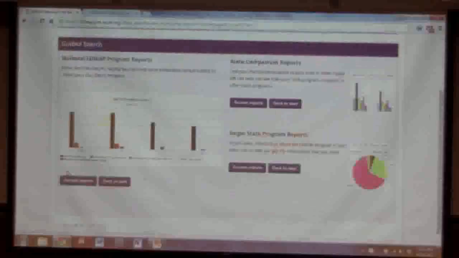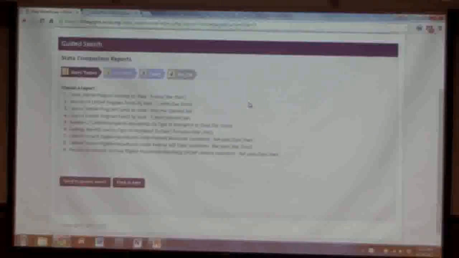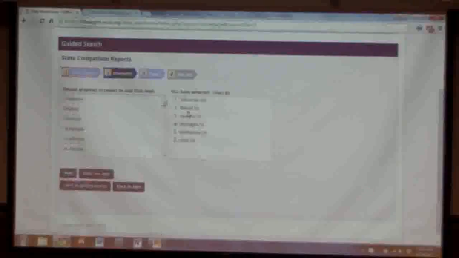So 2 more reports that I'll show you. One state comparison report. So again, several reports that have been developed thus far. One I'm going to show you here is the uses of the LIHEAP program funds by state. It's a stacked bar. So one thing that I wanted to point out here is, as you see on the right side in that right box,